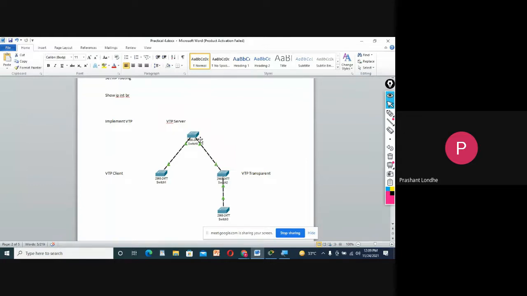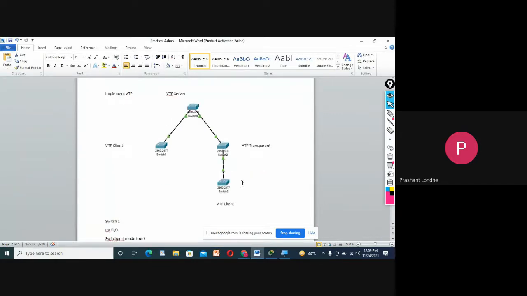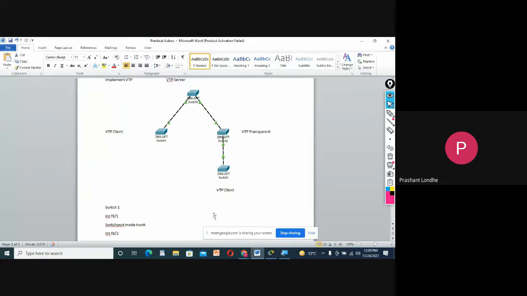Whatever updates you are doing on the server will be reflected on the client, but will not be reflected on the transparent switch and this client. So this is our task. Because we are configuring this as a VTP transparent, it is not liable to receive the updates, or it is receiving the updates, but it is not showing those updates. So let us start doing with switch 1.